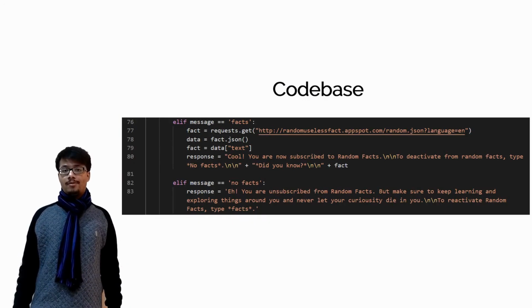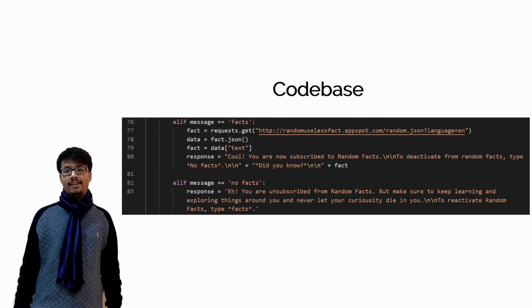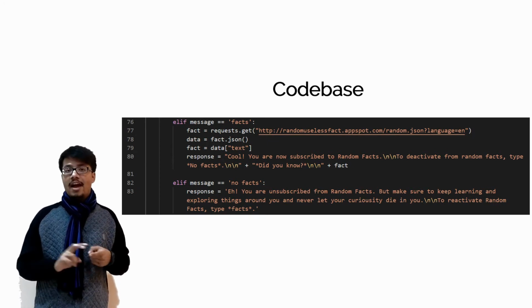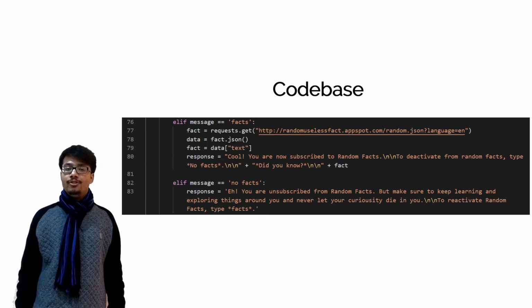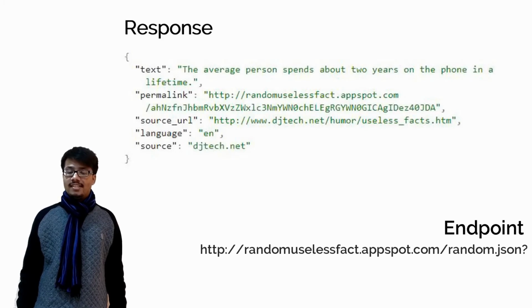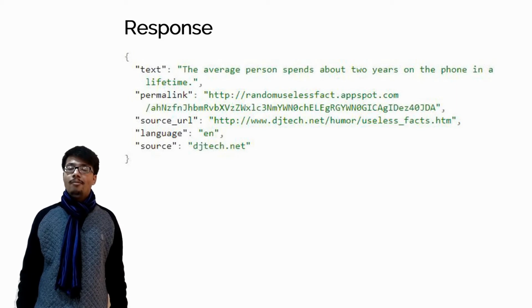When the user subscribes for facts, then the facts column in the users table gets updated from 0 to 1 to subscribe the user. The notifications are sent twice at 1:10 p.m. and 5 p.m. every day to all the subscribed users using the Pomodoro technique we stated earlier. And this works similar to other subscription-based services. It fetches from the random useless fact API and extracts facts from the JSON response received. It then formats the message and sends it to all the subscribed users one by one.